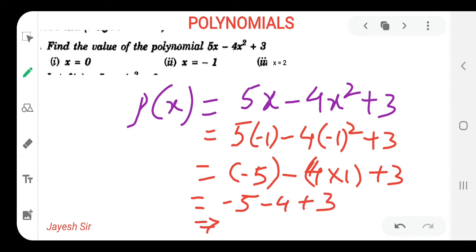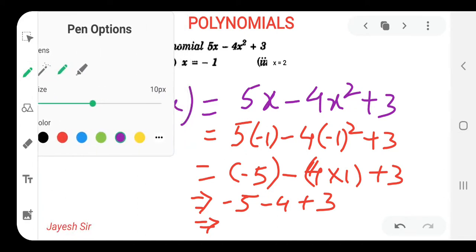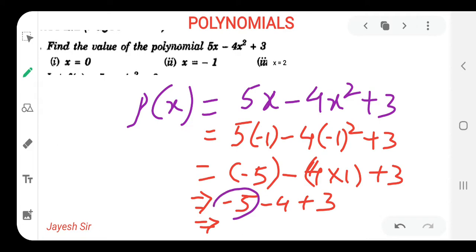How will we solve this? I have seen many students having problems in solving plus and minus sums. Here, how are we supposed to solve it? Here I have to give minus 5 rupees to my first friend and minus 4 rupees to my second friend. But in my pocket I have only 3 rupees. How many am I having? Only 3 rupees. When I went out of my home, I met the friend to whom I need to give 4 rupees, but I was having 3, so I have given 3 to them. So I am left with giving 1 more rupee.